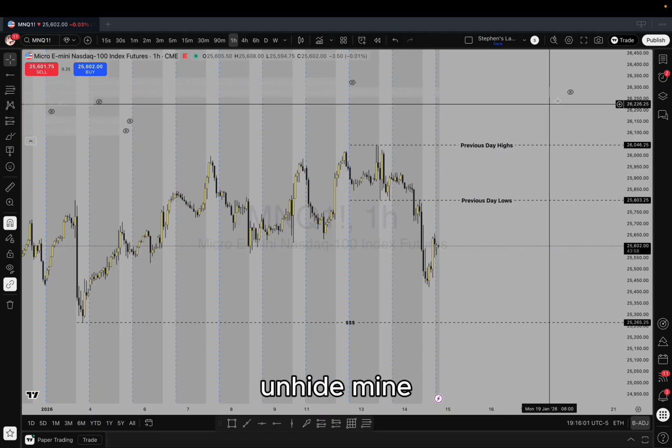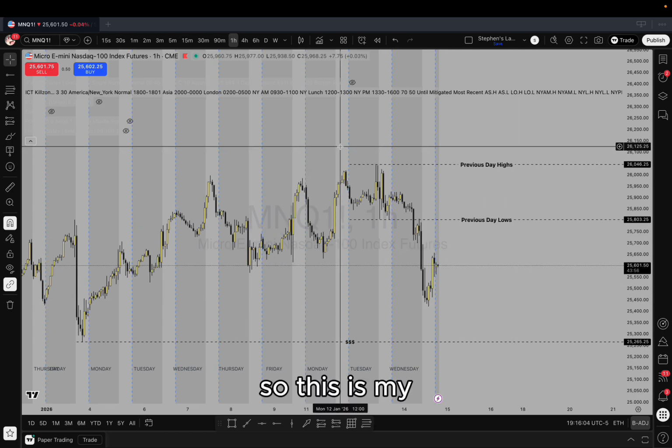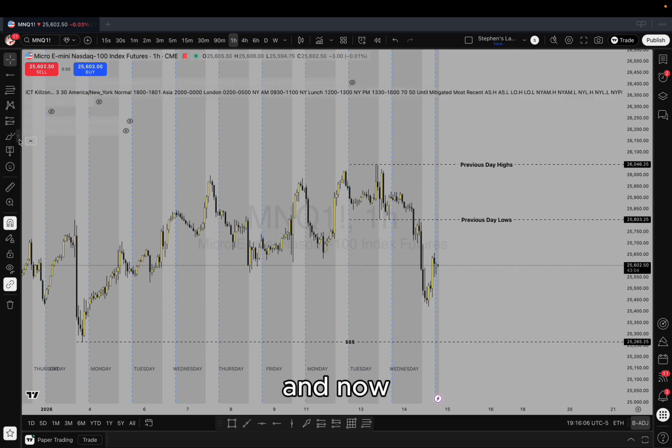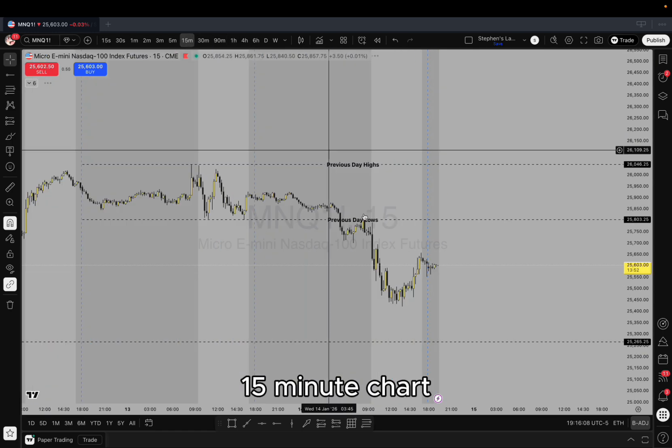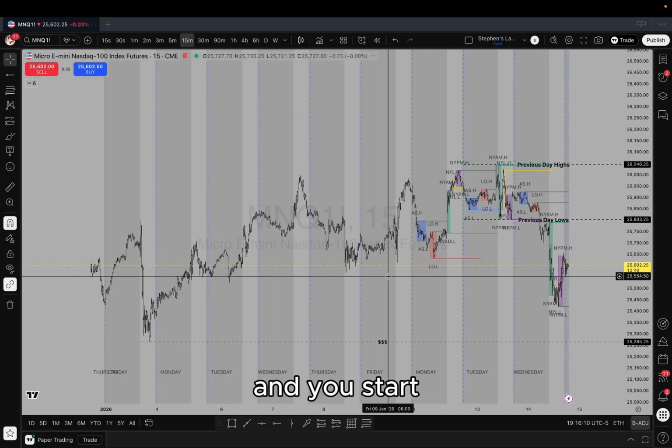So I'm going to unhide mine. This is my ICT kill zones, and now I'm going to go to the 15-minute chart. And now when you go to the 15-minute chart and you start zooming out,